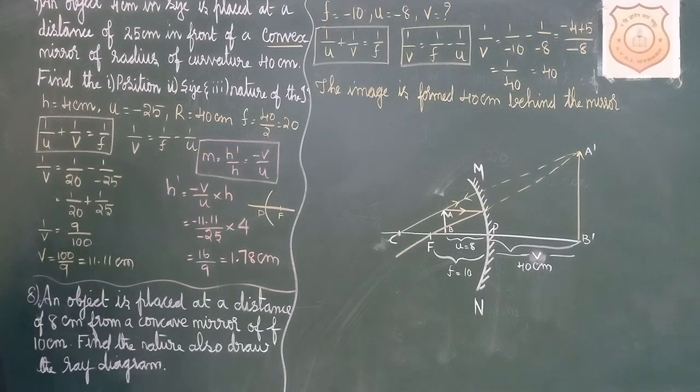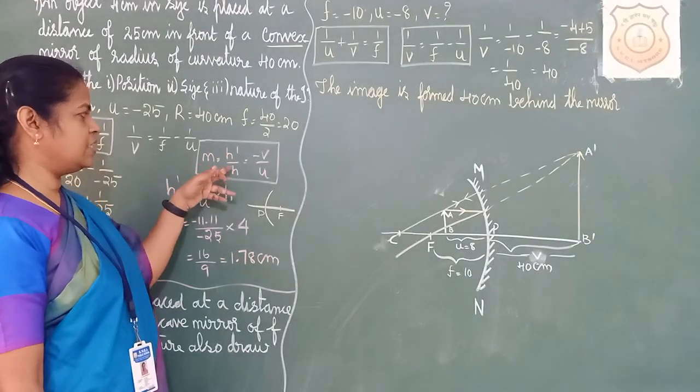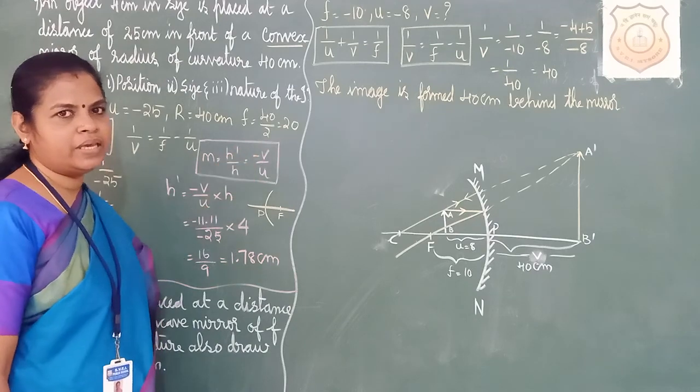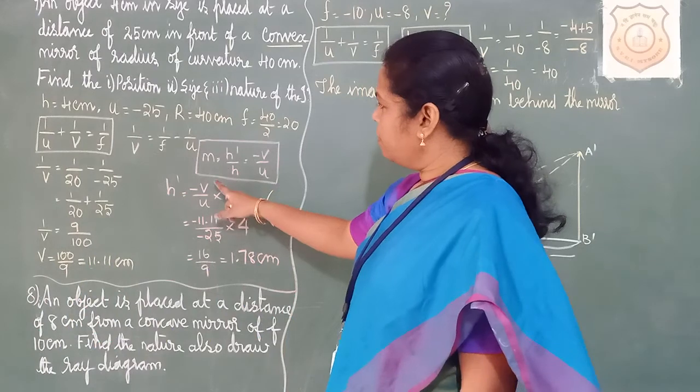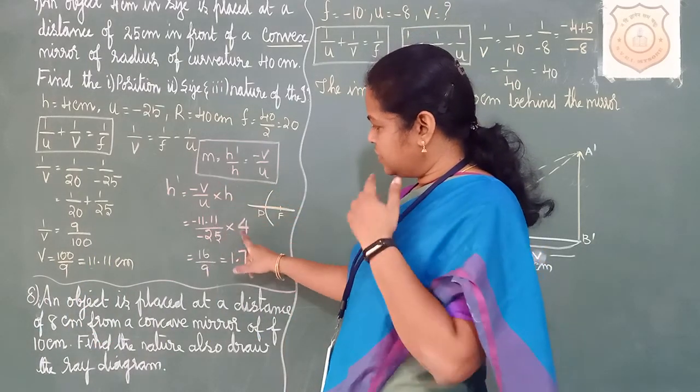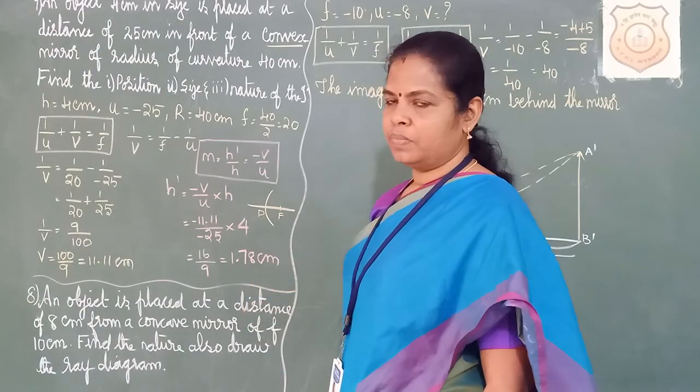So this is v. Having got this value of v, we can get m is equal to h dash by h is equal to minus v by u. That is also very important. Magnification m is equal to h dash by h is equal to minus v by u. If you substitute this, h dash is equal to minus v by u into h, and you will get this value. Work it out, solve the problem, and if you have any